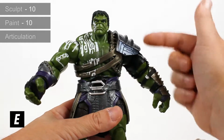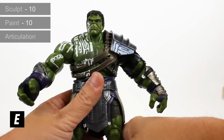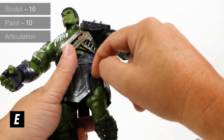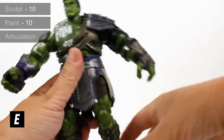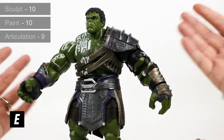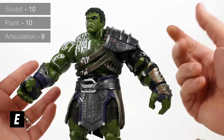I mean, holy crap, I can't move this good if I'm butt naked. So even though it's limiting in some places, and on mine this joint here where the leg wants to keep popping off is a little loose, I still have to give the articulation a 9 because it's the character. If this was a skinny character like Loki or somebody who's supposed to be real agile, real